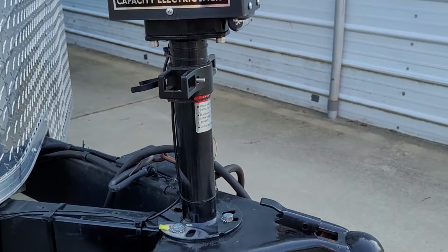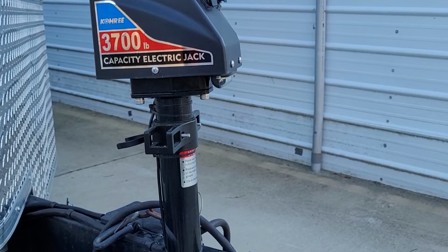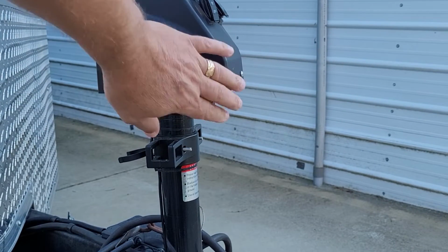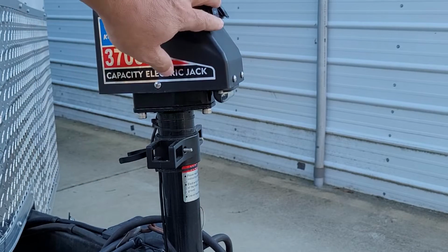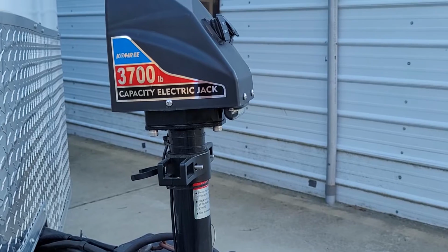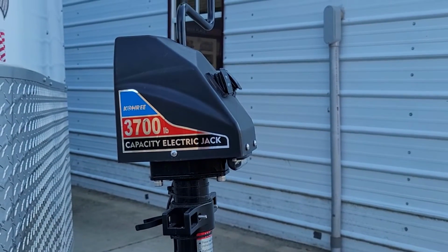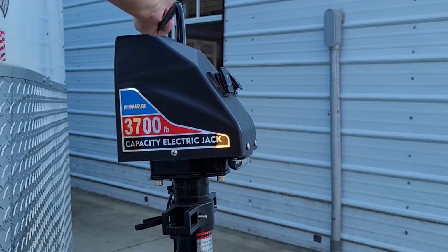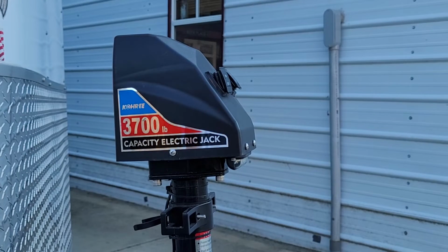And with that, we're going to come up here to the power head. As you can see, we do have a light. That's a good sign. We've got a ground, at least enough to control the light. On this particular make and model of jack, they recommend that you hand crank it with the manual crank up here. I'm just going to spin it one time, take the manual handle back out,